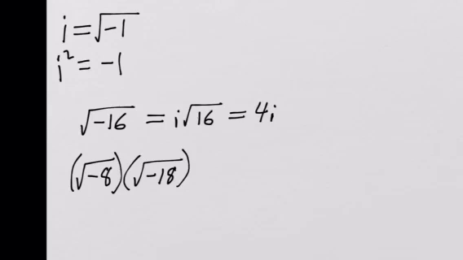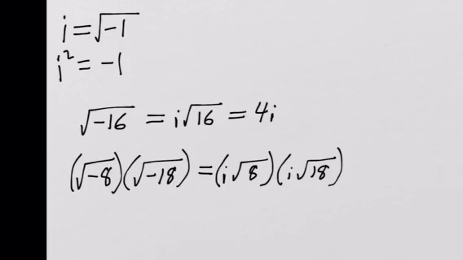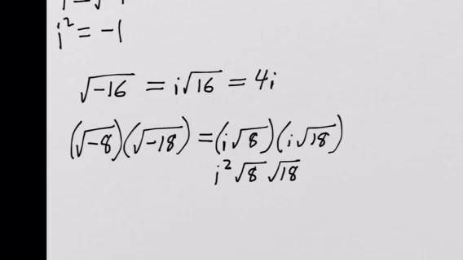When the square root itself is not a real number, the first thing that we have to do is pull that i out. And now all of our normal rules of associativity and commutativity apply here. So we have i squared multiplied by the square root of 8, multiplied by the square root of 18. And now we can apply the rule that we know, and we get